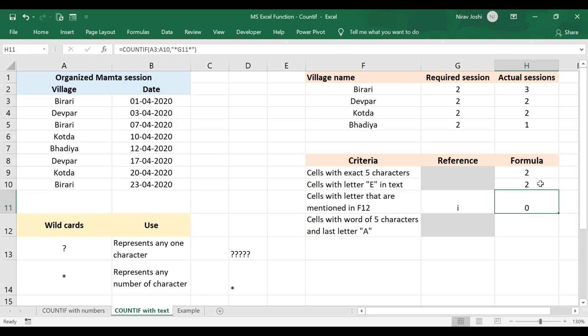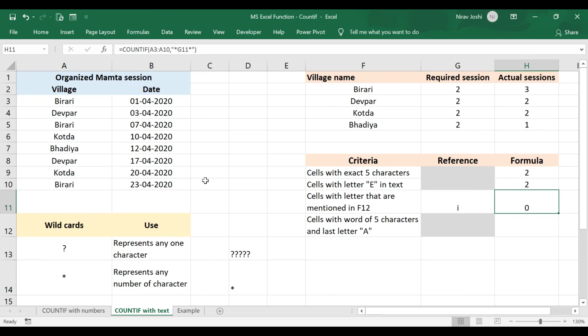So what we did here, we applied E as a criteria. In the same way, the formula is considering this whole G11 as a criteria and that's why it is showing 0 as an outcome, because there is no word here which includes G11 in themselves.